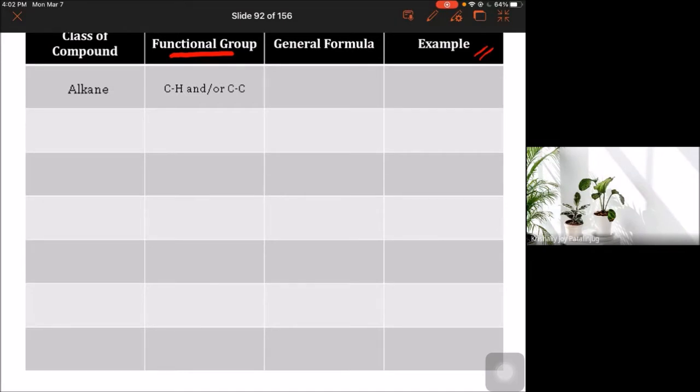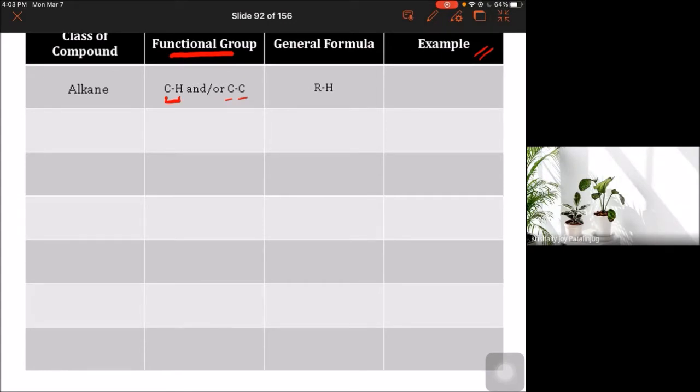Alright, so let's start with the simplest family. So the alkanes. Alkanes do have a functional group: the carbon to carbon single bond. So you know this already, or the carbon to hydrogen single bond. So either of those is the functional group of an alkane. Alright? Why is the carbon to hydrogen bond allowed? This is referring particularly to the simplest example of